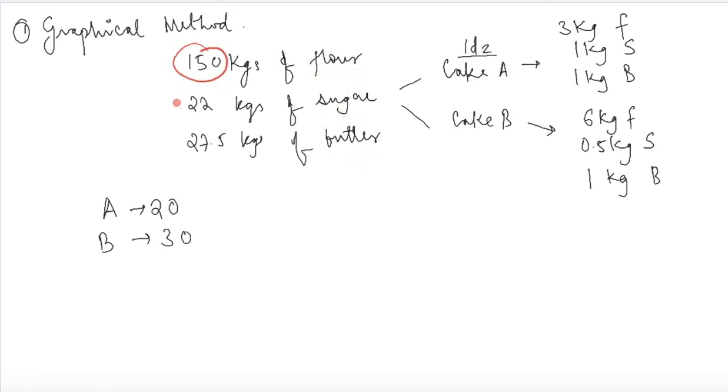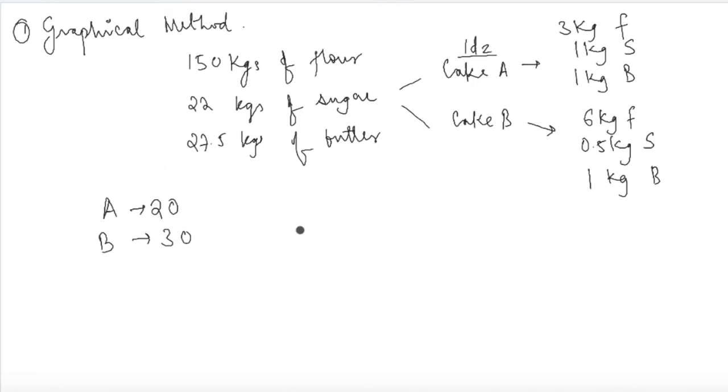And this is the constraint because he has only limited amount of these resources. The baker wants to know कि उसको कितने cake A and cake B produce करने चाहिए such that his profit is maximized. So you can basically say that these are the constraints. These two are the decision variables, quantity of cake A and quantity of cake B, and this is the criterion function. Profit that has to be maximized.